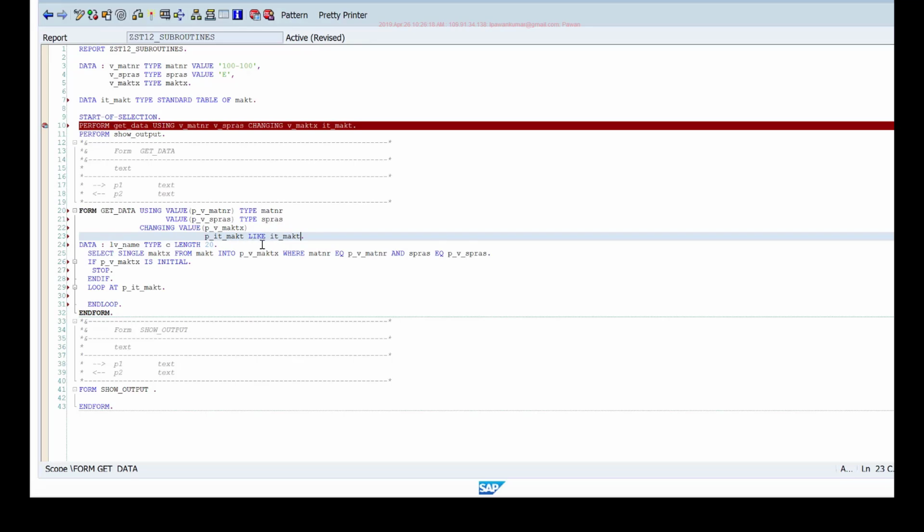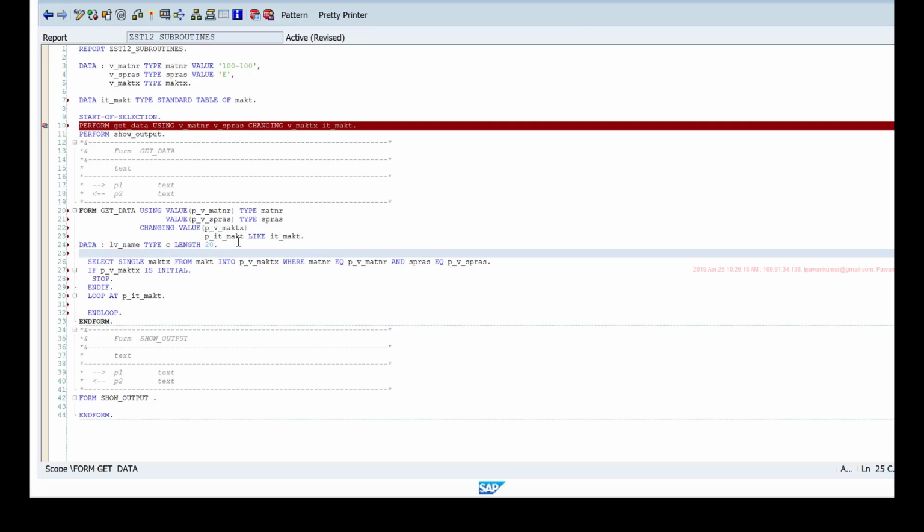So if I say P_IT_MAKT like IT_MAKT, and I'll define one local work area, let's say LW_MAKT, either I can say type MAKT, similar to what I defined for my internal table, or I can also say like line of.